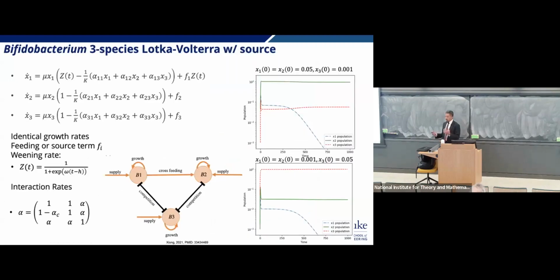All right. What one person did with this, where they started trying to look at the immune system as well and coupling with this Lotka-Volterra modeling, is they said, okay, we have our population of bifidobacterium, which is one thing that we get from our mother's milk. We have a population of bifidobacterium that we start accumulating just as children as they're growing older. And then we also have the rest of our gut, right? So they term those as X1, 2, and 3. They also said we have this feeding source, so that is how much you're going to get as you're being weaned off of breast milk, whether you're breastfed or not, and how that might impact your bifidobacterium population.